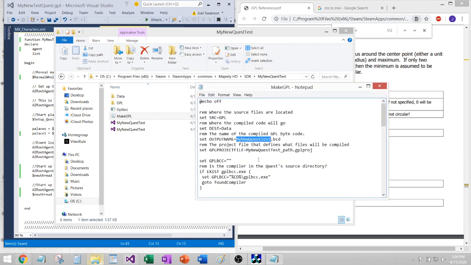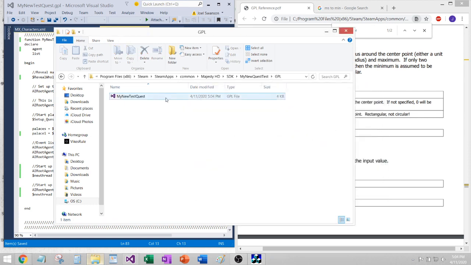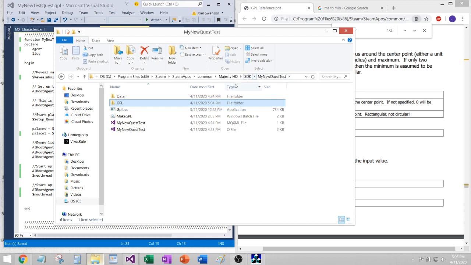This right here, the output name for the BCD file, and then also the path. So this just tells you what files to pull into your BCD file. So I've got those already named there, so we need to make sure our path, so we don't actually have a path yet. So let me pull in